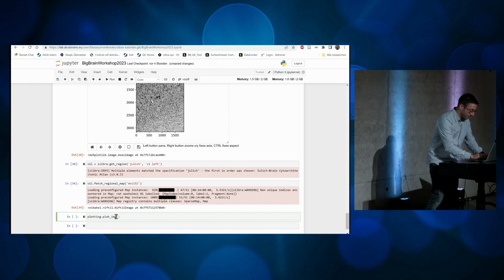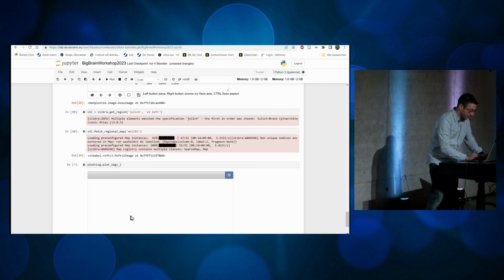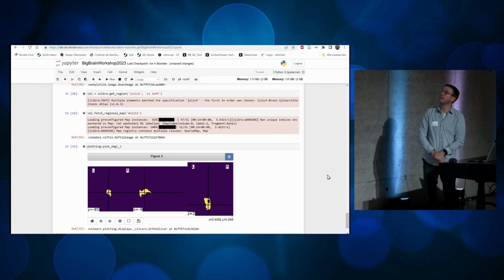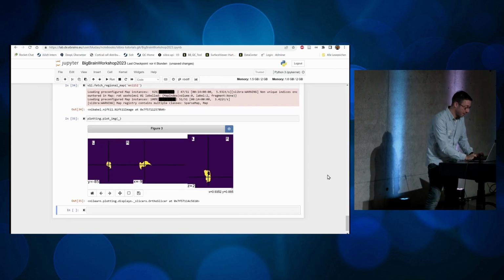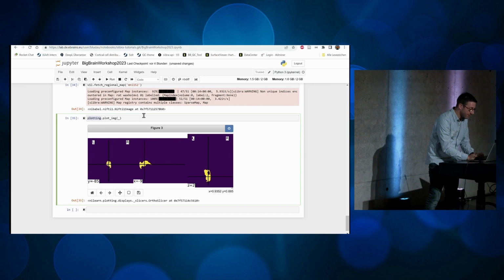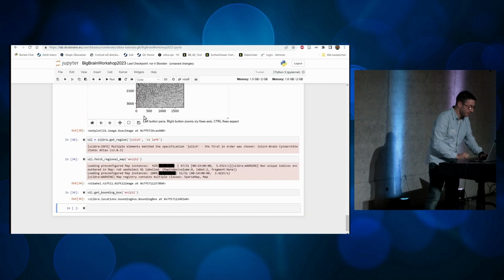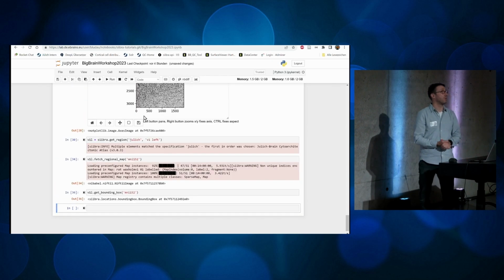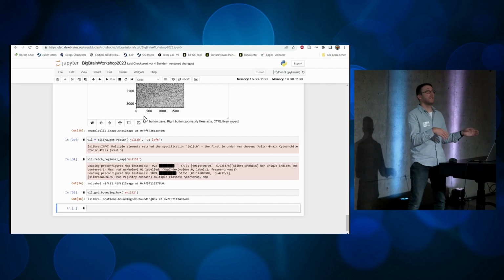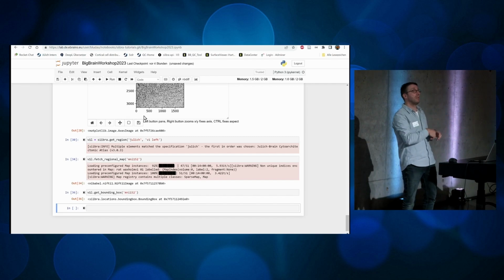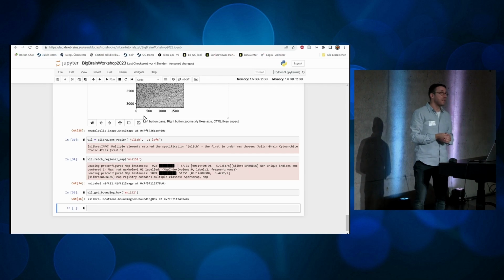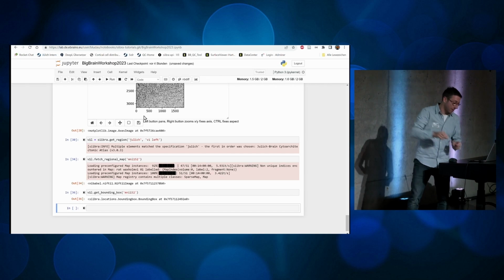And you see here's the map of V1 in the left hemisphere. Now I can, in a similar fashion, tell the region, get bounding box, and of course I also have to specify a space. And you see I get a bounding box object. This bounding box I could use in the same way that I used the bounding box of my manual annotation. The interesting thing is this bounding box here, you see,